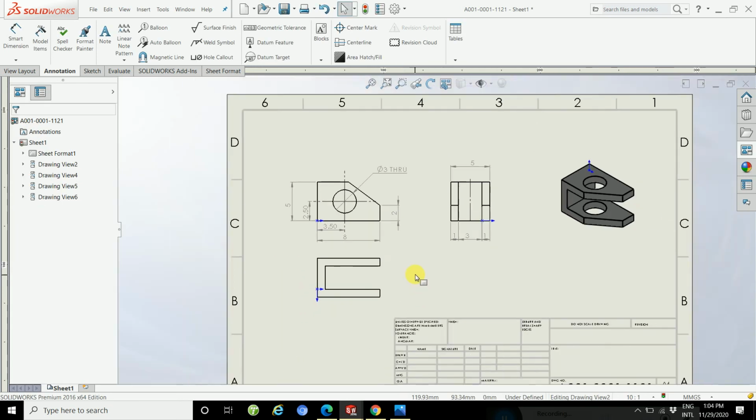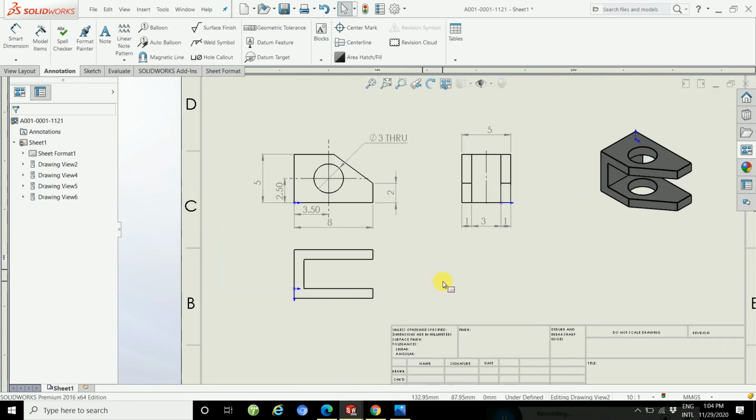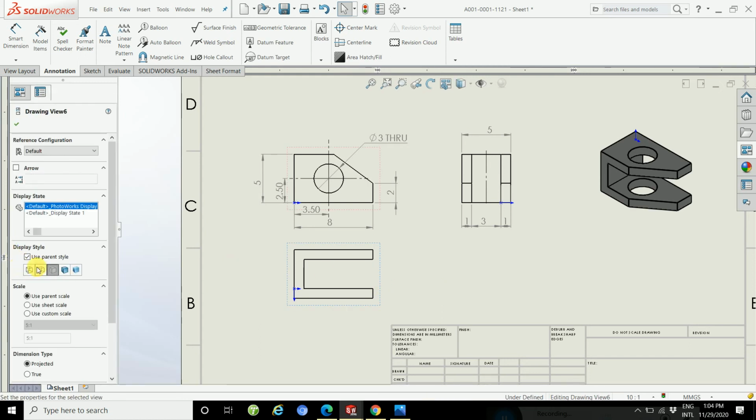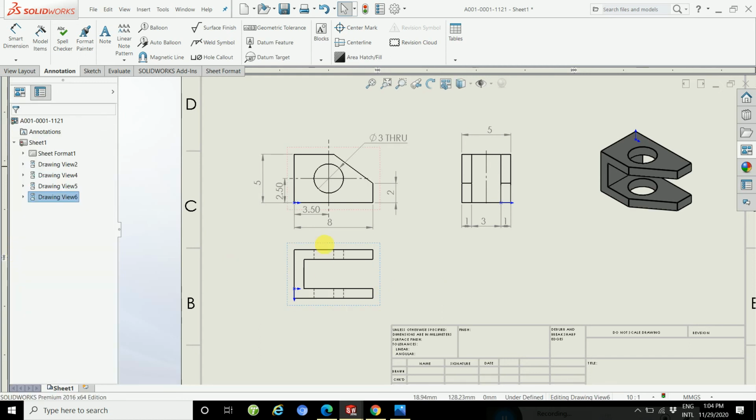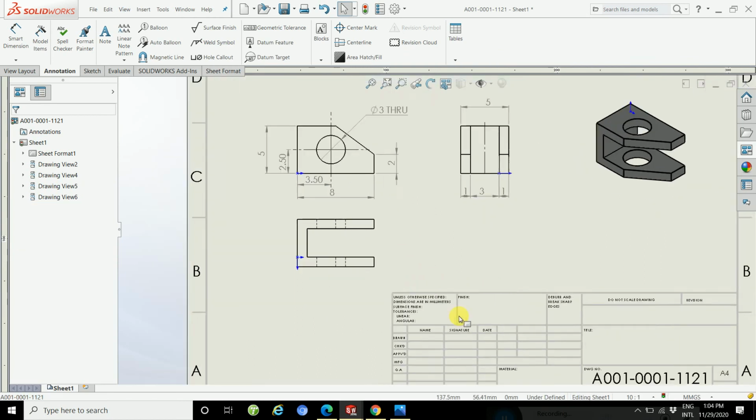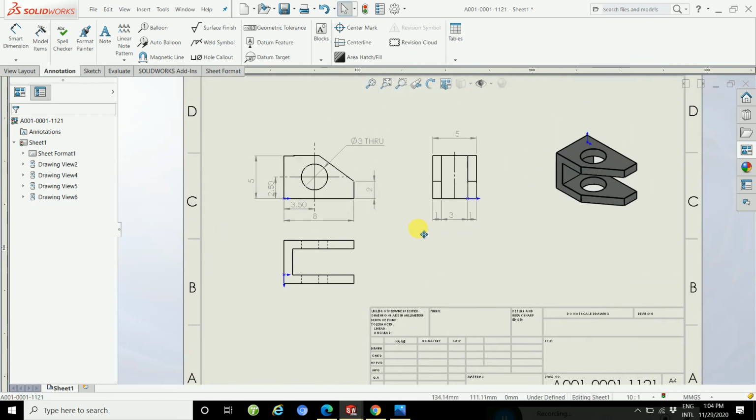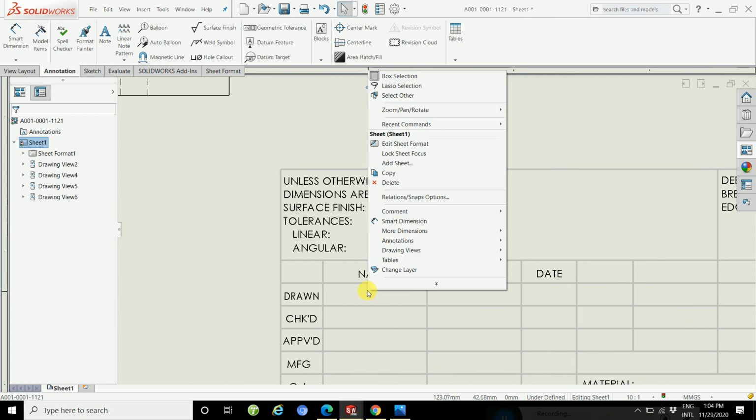Reference. If you want to show this center line, this way, and then change your name here.